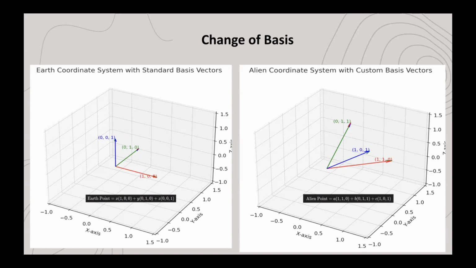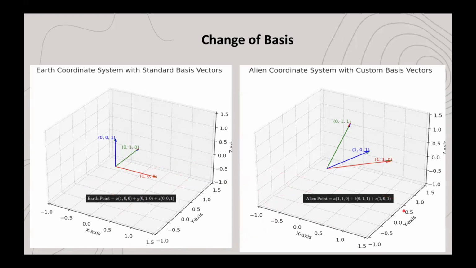But yeah, so this is where the concept of basis transformations comes in. A point in our Earth coordinate system is denoted as this. Now look at the alien coordinate system. Consider these are the basis vectors for them, and this is how the alien point is described. So to meet at the same location, we need to transform our description of the point from their basis to ours and vice versa. This process is called basis transformation. It basically involves converting the coordinates from one basis to another to ensure both parties are speaking the same language in terms of location.